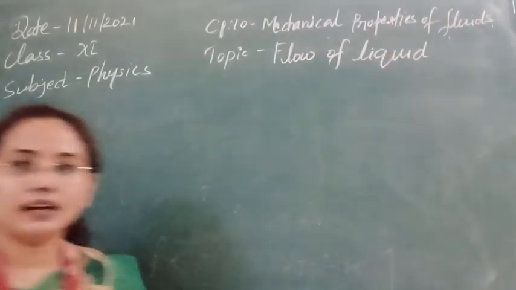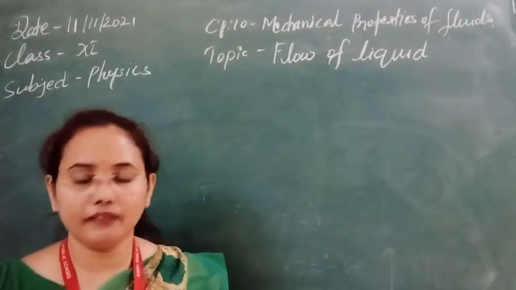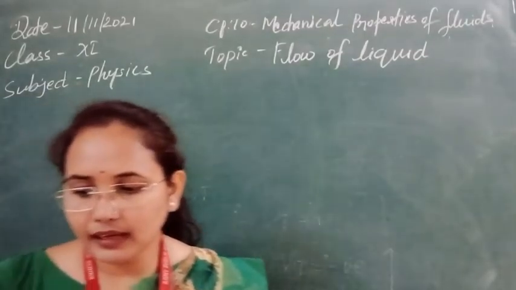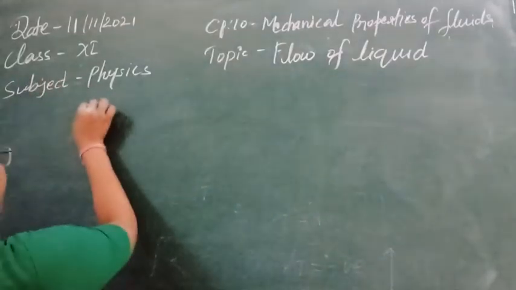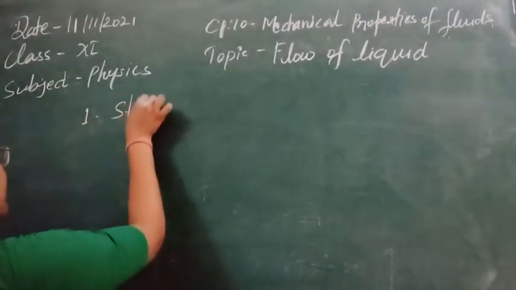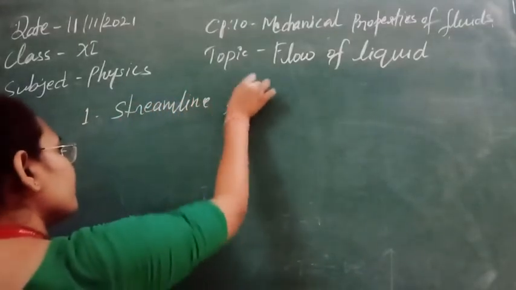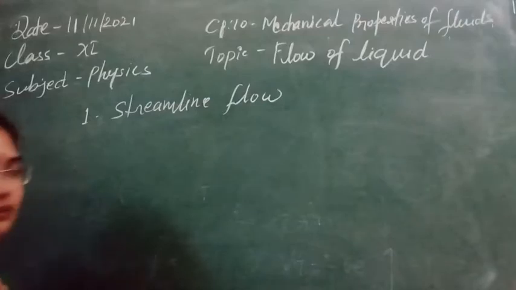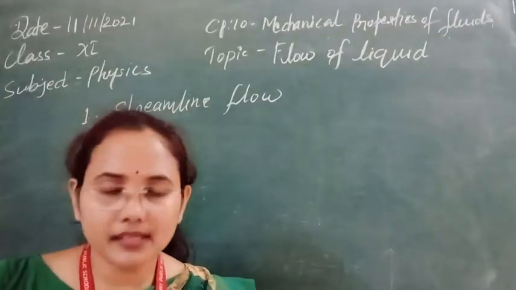The liquid is observed to flow in three ways. The first type of flow is called streamline flow. So let's see what streamline flow is first. To understand this one,